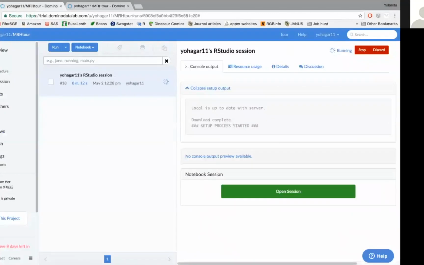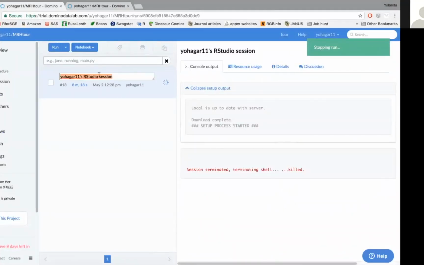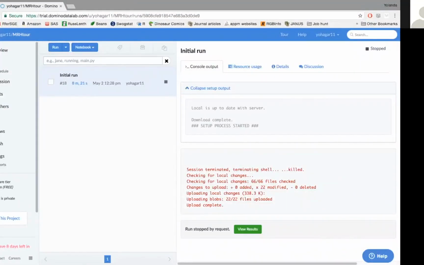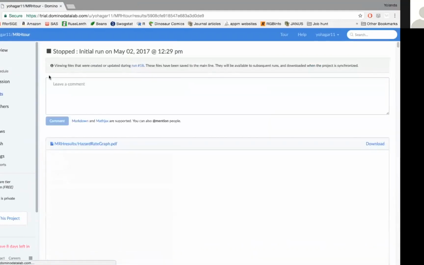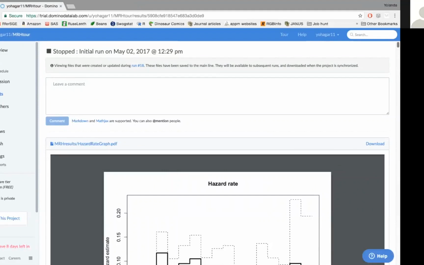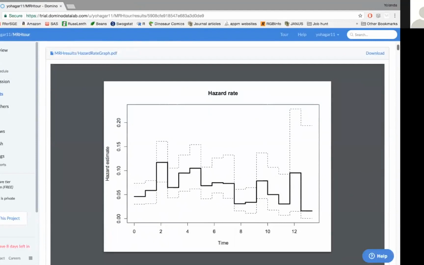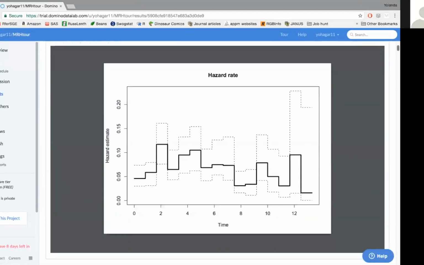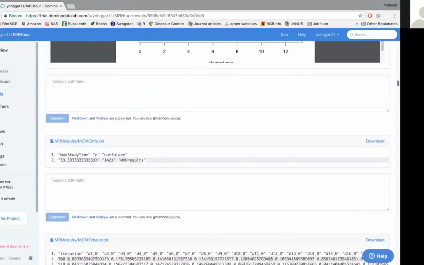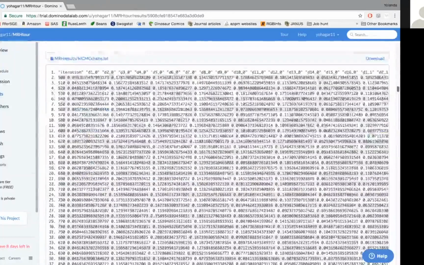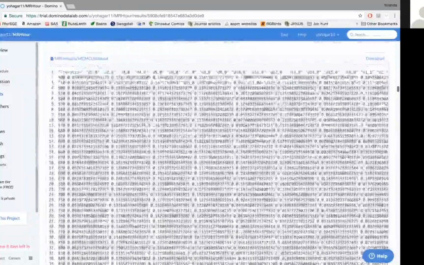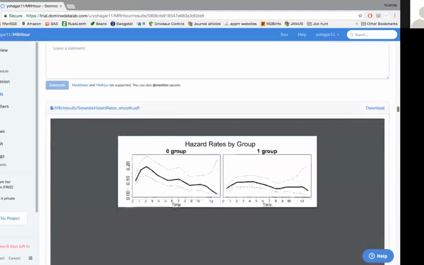All right, so now I'm going to stop this RStudio session. I'll rename this. And what I want to do is view my results first of all. Besides the graphs that we made, the MRH package also provides a number of files in a folder to the user. It's titled MRH results. Here are the different hazard rates. It shows you the baseline hazard rate and a smoothed version of it. It compares the two groups. So there's a bunch of different graphs. It also provides the chains. This is the value of the parameter at each of those iterations that's retained. This is the sampled value. So you can look at the whole posterior if you want to. It shows us some more figures, and we also get